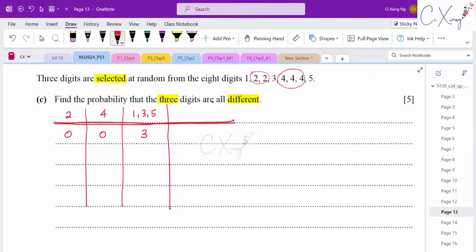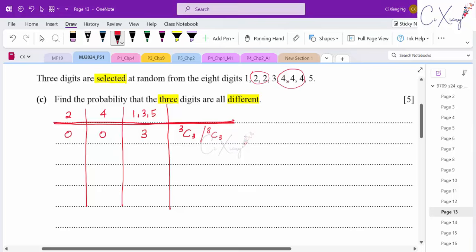How to calculate the probability? So let's have a look here. For this group, you're having 3 numbers in total. You want to choose all of them, which is 3. So 3 numbers, you want to choose 3. This is the number of combinations. And you have to divide it by the total combinations. So total combinations means that you are having 8 numbers and you want to choose 3 of them. So it should be